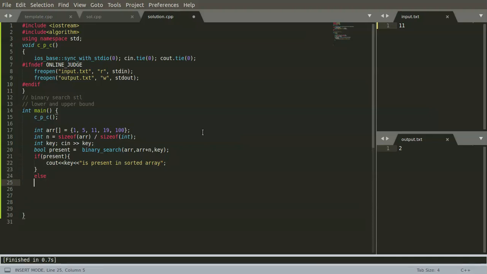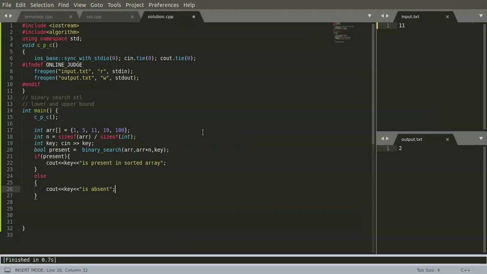Otherwise, we'll say it is absent. So let's execute this part of code and see what we are getting by taking input as 11.